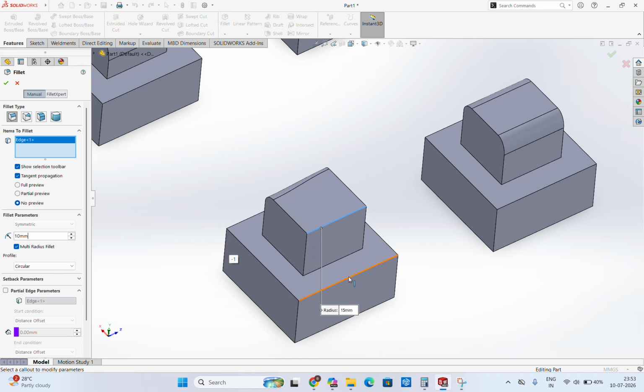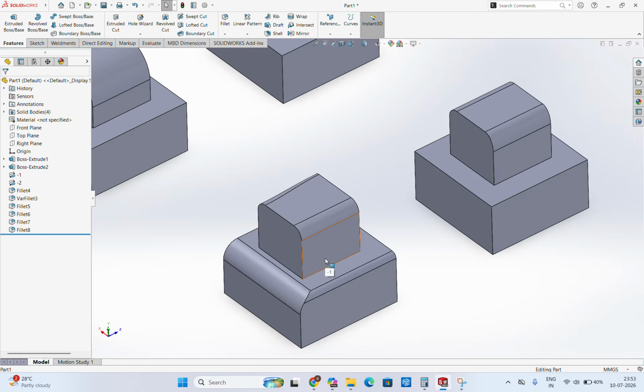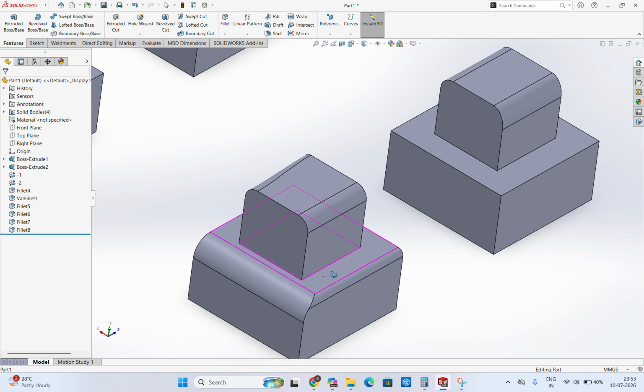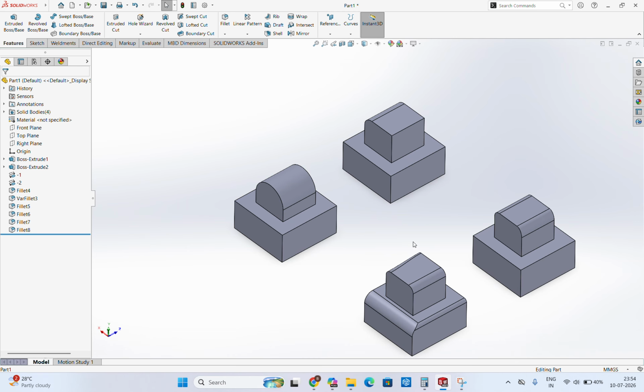Okay, 5 mm, 15 mm. With this feature you can create multiple fillets. Okay, so